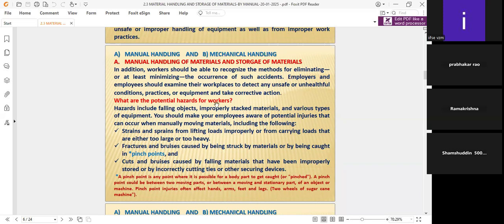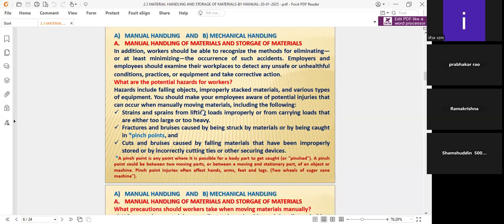What are the potential hazards for workers? Here, some pinch points are very important. Pinch points are points where there is a very risky factor. For example, hazards including falling objects, improperly stacked materials, and various types of equipment. You should make your employees aware of potential injuries that can occur when manually moving materials, including the following. While moving objects from one place to another manually, you have to advise not only the safety factors and potential injuries, but also